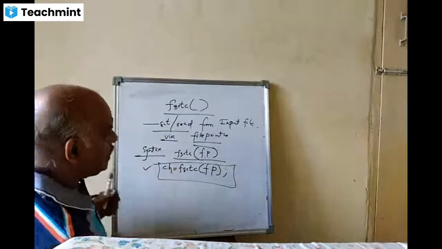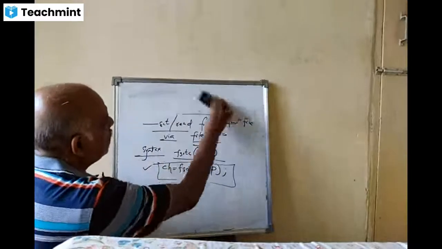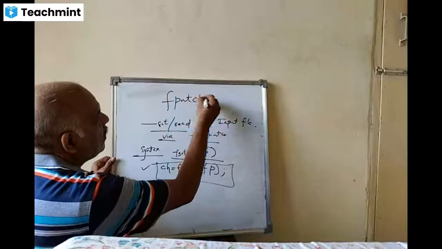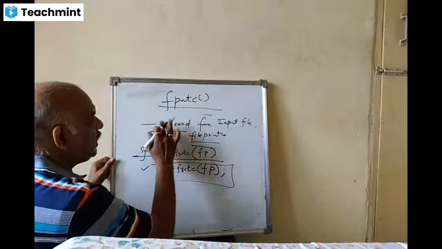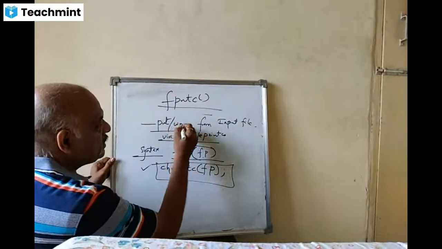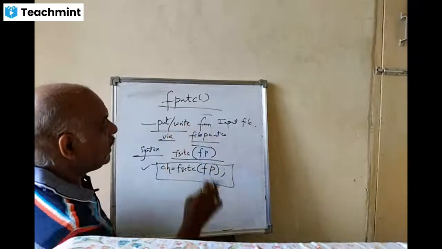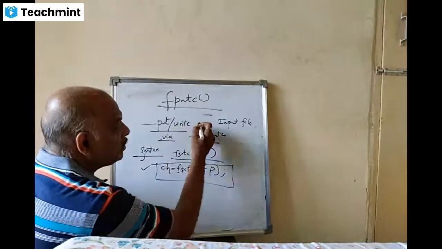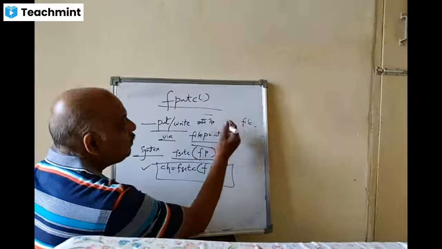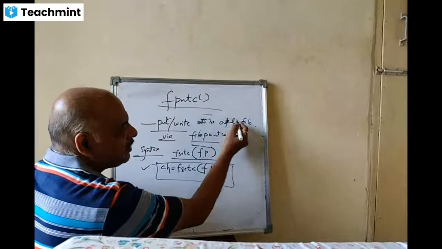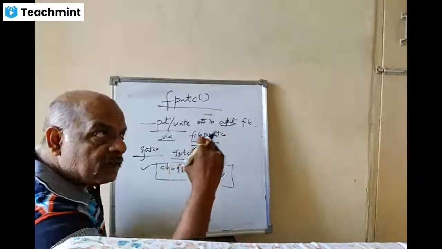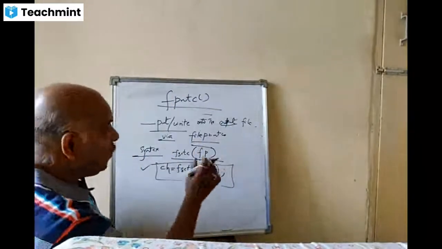What is fputc? fputc. Instead of get, here I put. Instead of read, what am I going to write here? Write, just the opposite word. Not from the input file but onto the output file. You see, just the difference. Use common sense. So fputc is what? Write a character onto the output file, and the file must be opened in which mode?